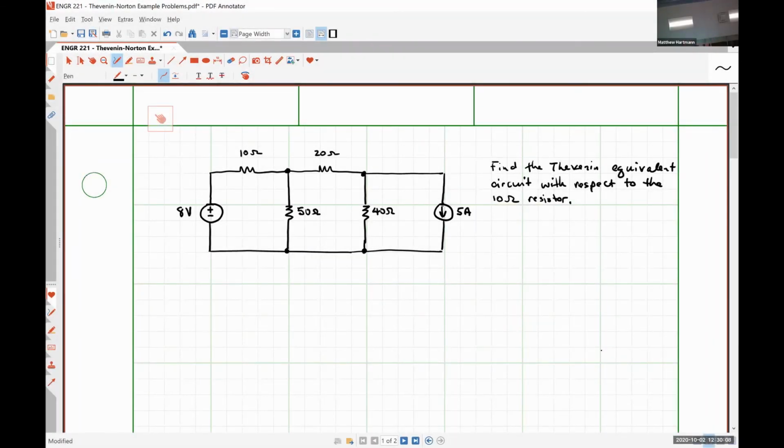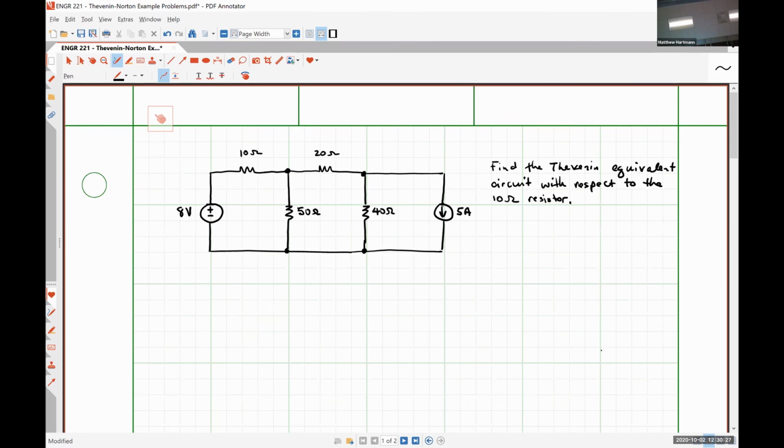I've prepared two problems for you guys today because there are really two different ways that we can be asked questions about Thevenin and Norton equivalent circuits. The first problem that I have prepared is one in which we're trying to find the Thevenin equivalent circuit with respect